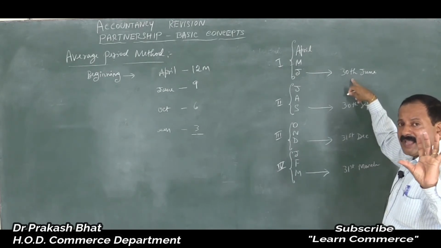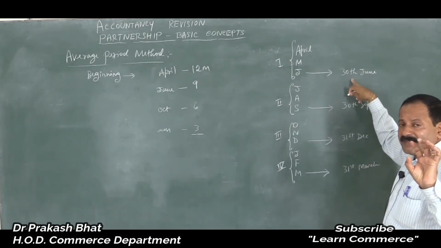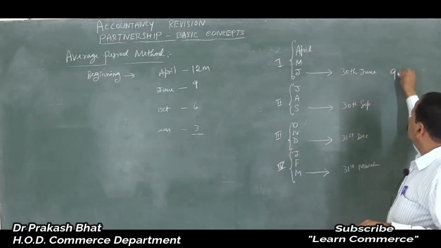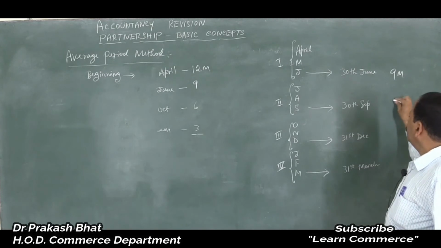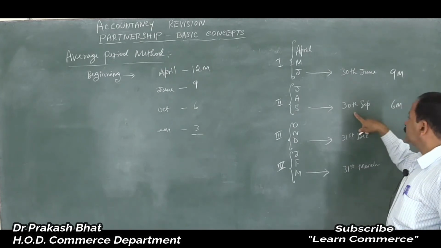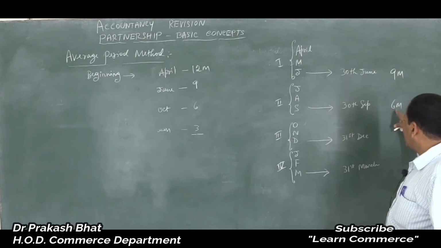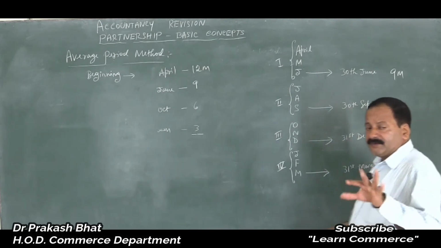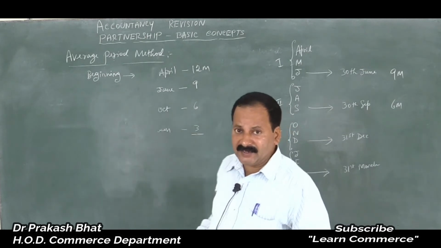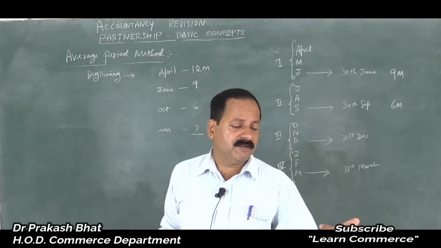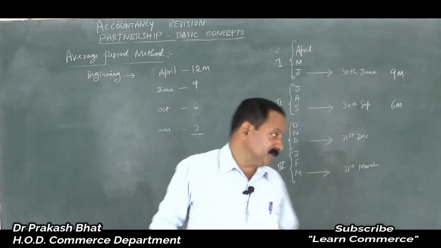What is the time gap? It is a period of 9 months. Right? Here 6 months. 30th September to 31st March of the next year, there will be a time gap of 6 months. Don't count September 30th I am speaking. So count from October, November, December, January, February, March. Isn't it? 6 months.